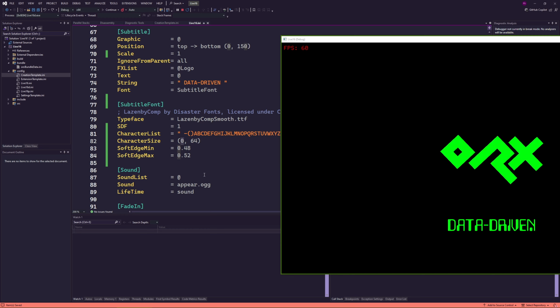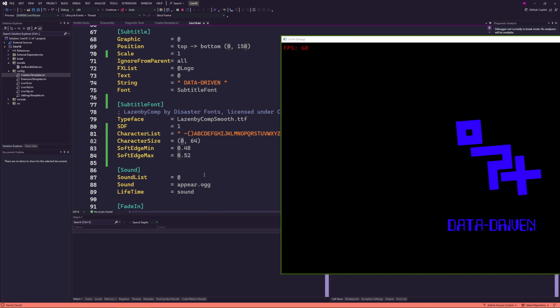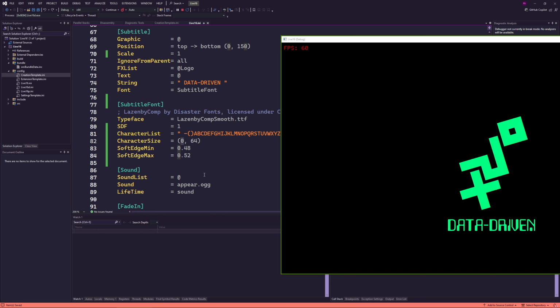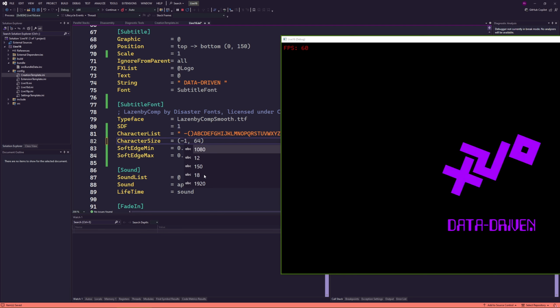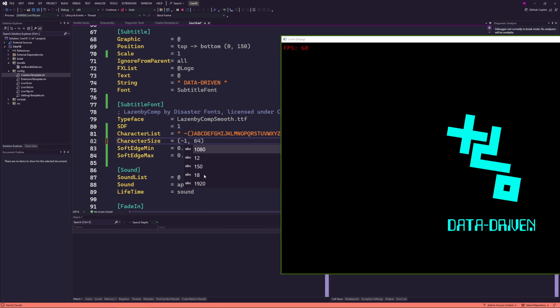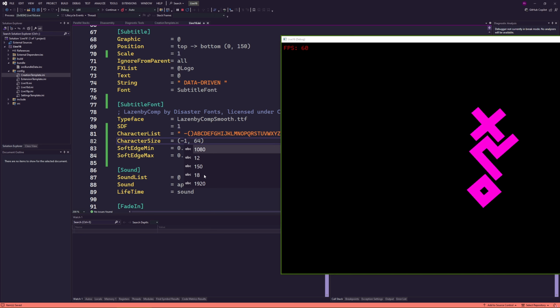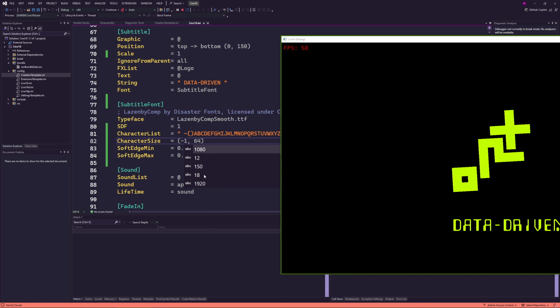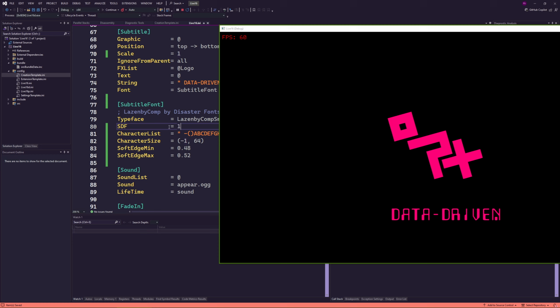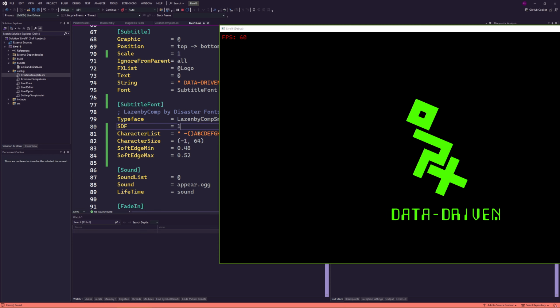This font here is not a monospace font. You can see that the I is smaller than the D, for example, but we can turn any font into a monospace font. If we put a negative value for the X, it's going to get the largest glyph of the font and use that width for every character. If I save it like this, now we have a monospace font, and the size of the character is going to be the largest of the characters we asked for in the list.